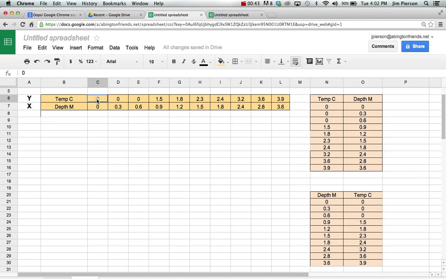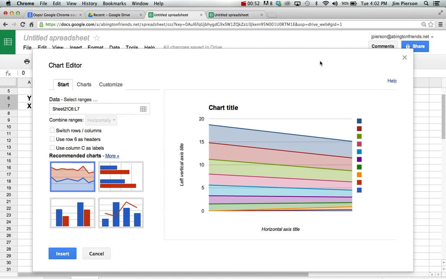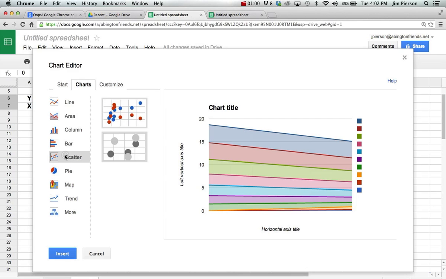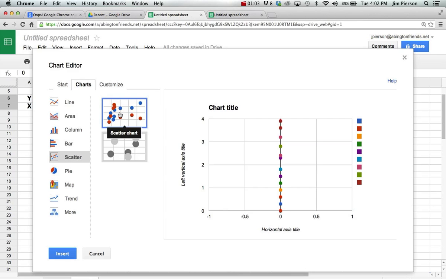And so what we do, like we did with the other graphs, is we highlight the area we want to graph. So I'm highlighting that area, and I insert my graph. The chart that I want to use is going to be a scatter graph. It's kind of like x versus y. So I hit charts, here is scatter, and I click on this,